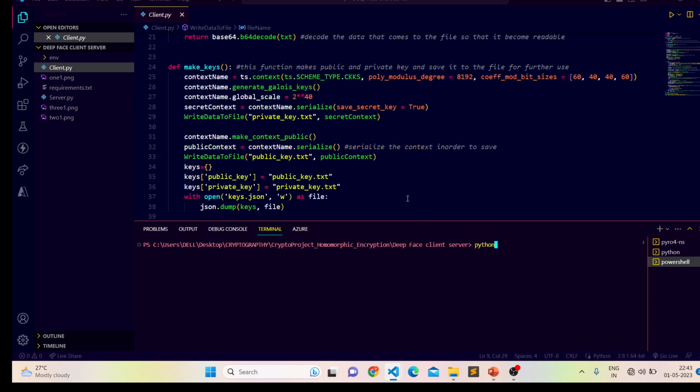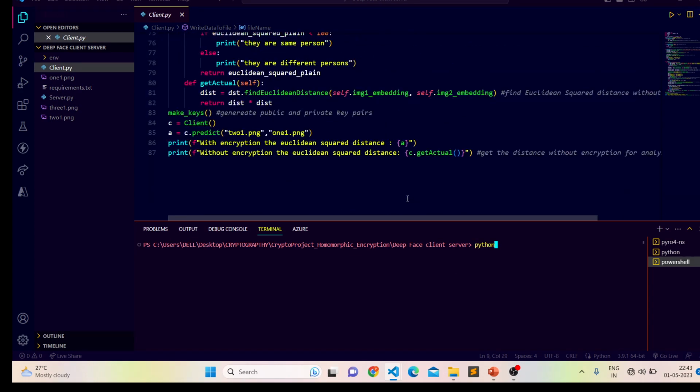By the way, in the client we have given two files, one is 21.png and one is 11.png, and we are checking whether the faces in those images are the same or different. We are calculating the result with encryption and without encryption, and we are checking the Euclidean square distance.